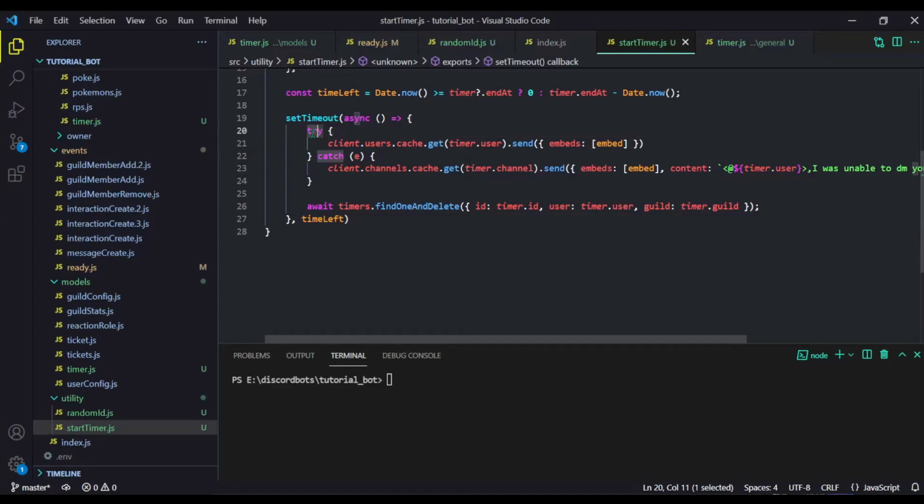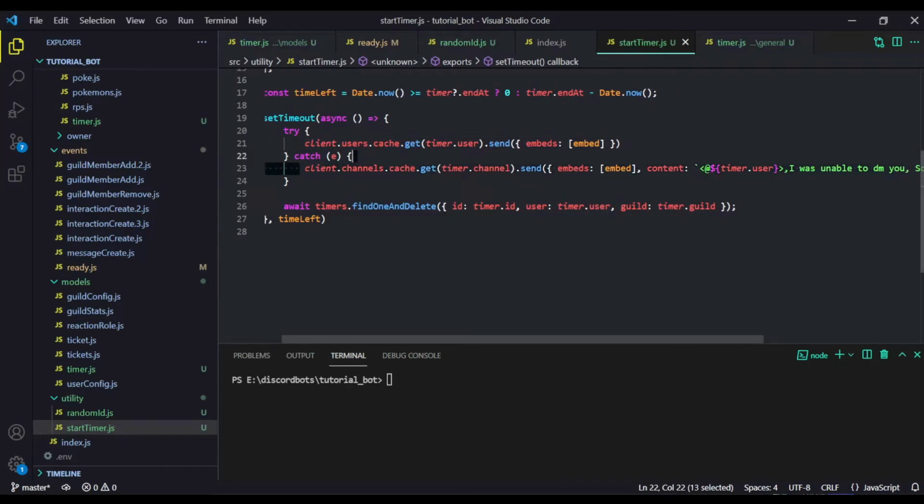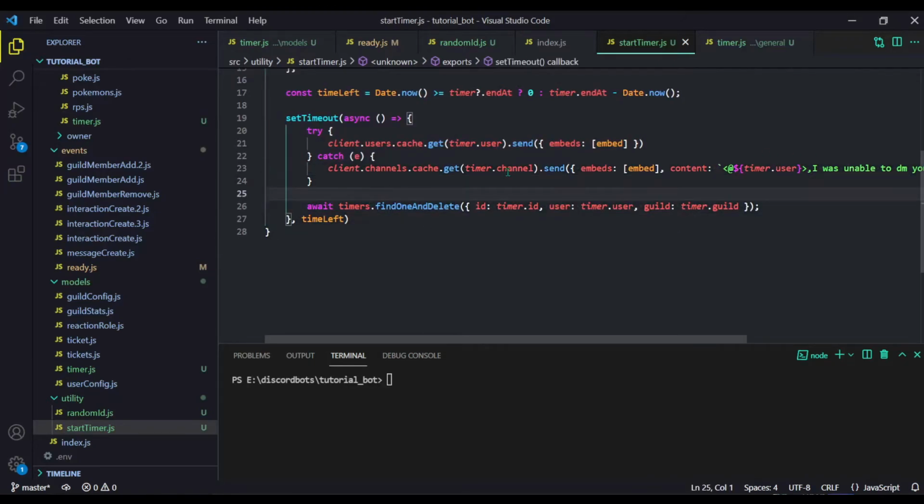So in our try, we are just going to get the client, get the user, and then send them the embed. But there are various cases, like what if the DMs are closed? What if the user was not cached? Then the dot send thing will not work, and we will get an error, and boom, client.channels.cache.get, and we are just going to send the message there. And of course, it is totally possible that we get another error, and I should have prepared for it, but instead I just ignored it and deleted this thing. So that's all we are doing.